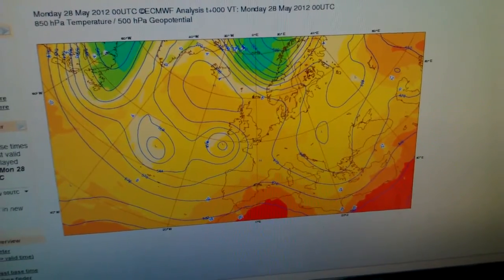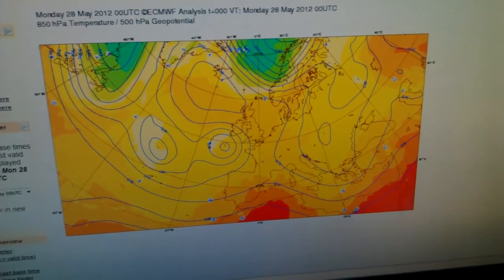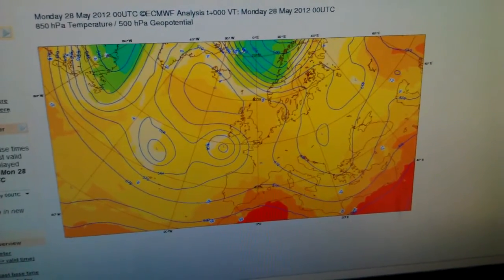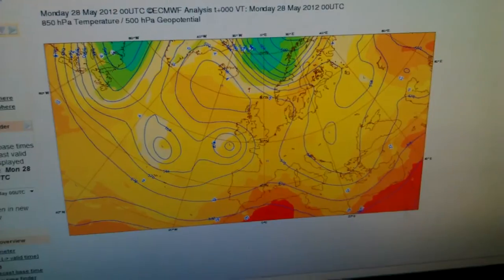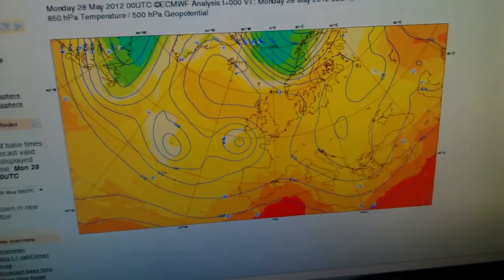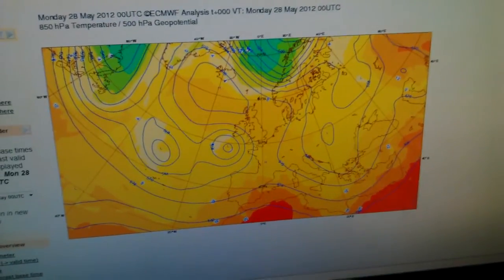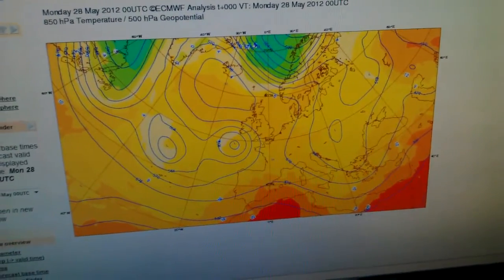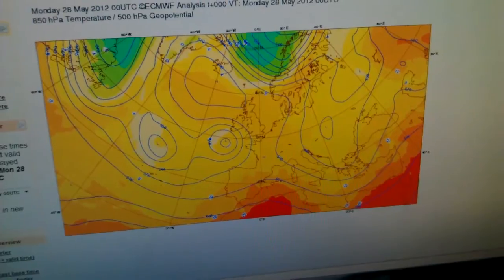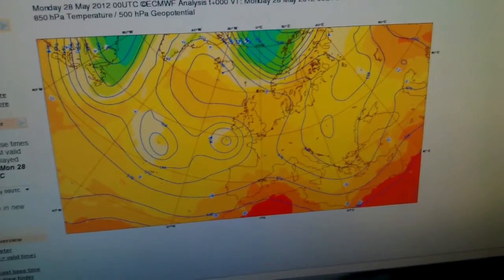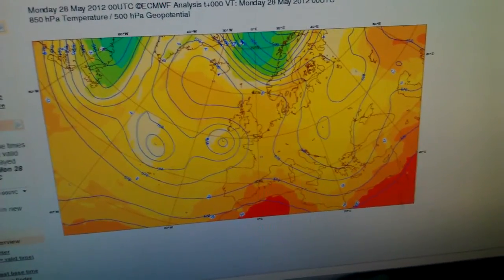Of course, we're going to be seeing, into the evening hours, some thunderstorms pop up, especially down across the south of England, working their way up through the Midlands. We could be seeing some very powerful thunderstorms developing as that cooler air starts to push in through the upper levels. That, of course, raises the lapse rate. What does that mean? It means that air rises vertically from warmth at the surface